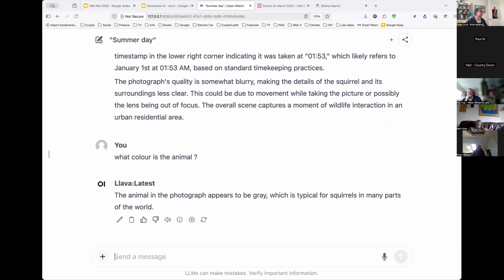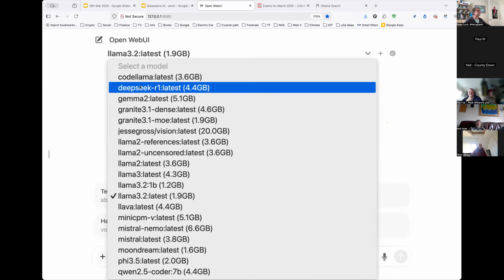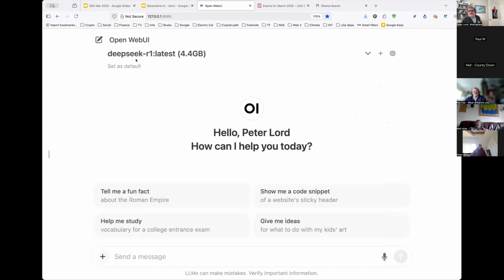Now, here's something a bit new. We are going to get a new model called DeepSeek R1. And this made the headlines not so long ago. DeepSeek is from China. It's a Chinese model, and it's an example of a reasoning model. Now, that works a bit differently to the way we've described so far. What reasoning models do is come up with several proposals of what the answer should be first, and then essentially pick the right answer. So it sort of looks like it's thinking, it's not really, it's just coming up with lots of possible